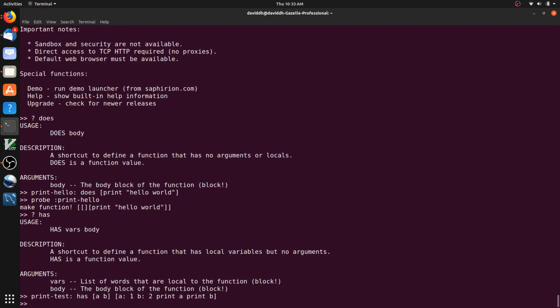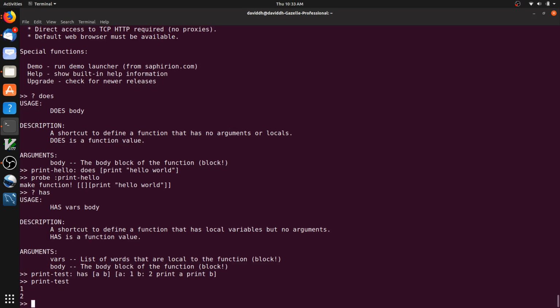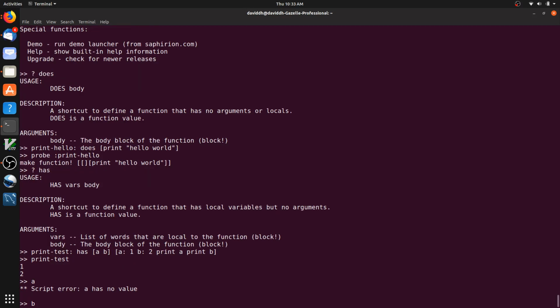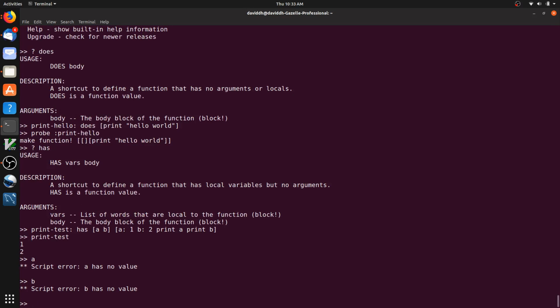There we go. So I used the has word to create a function called print-test that just assigns two local variables and then prints them out. If I run that, you'll see that it printed the two local variables, and you'll notice that they don't exist in the console in the more global context. So that's does, that's has,